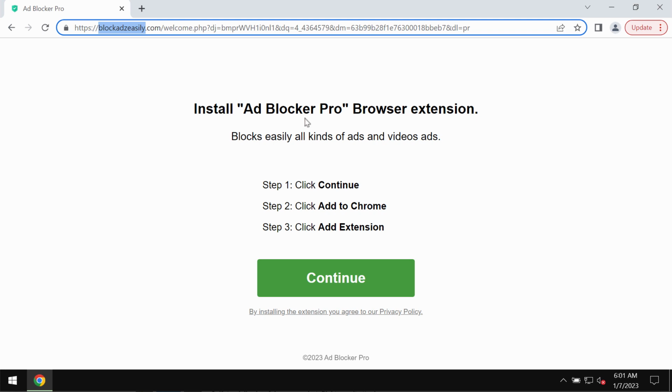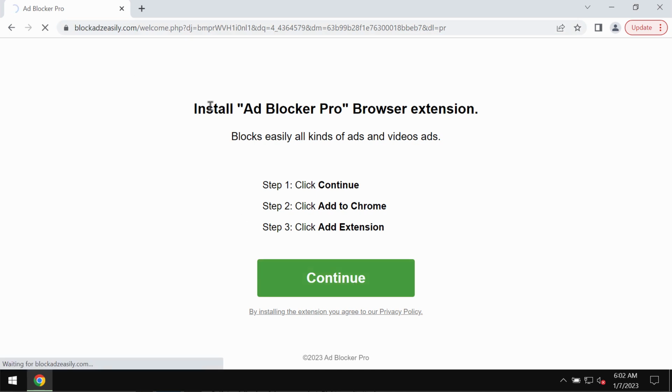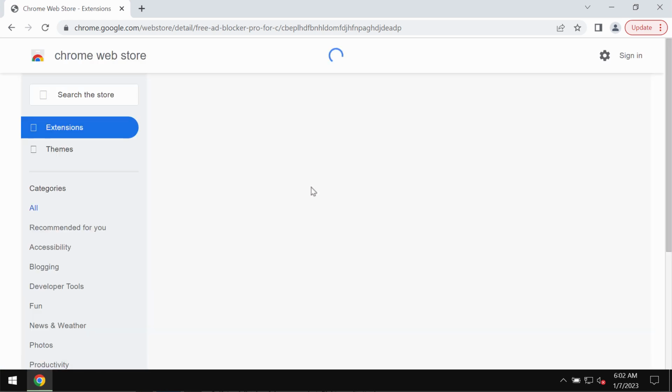Google Chrome browser. These pop-ups by blockadseasily.com are totally faulty and you should not interact with them. Don't install anything that these pop-ups ever suggest, because such pop-ups promote unwanted browser extensions that may operate as adware